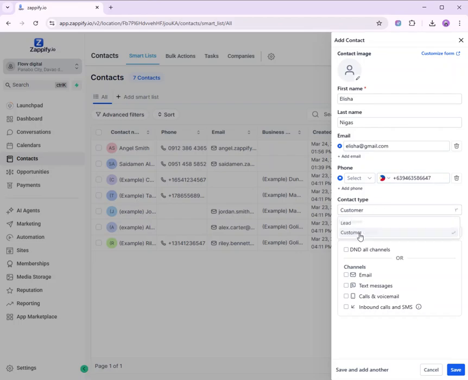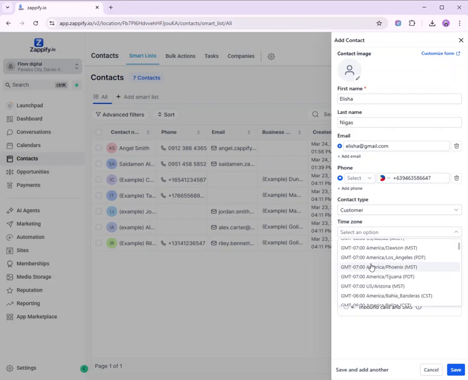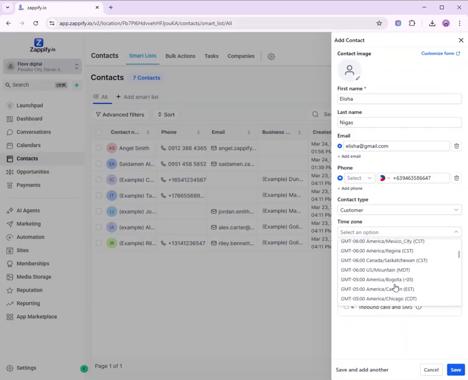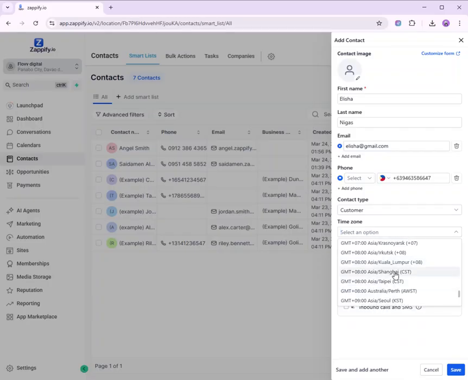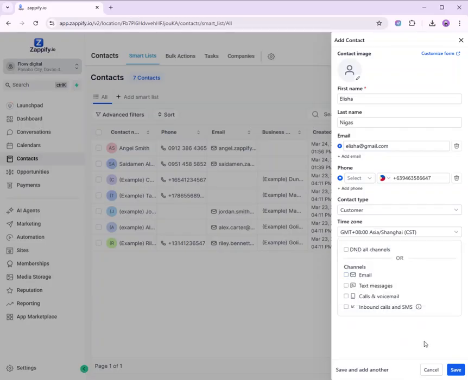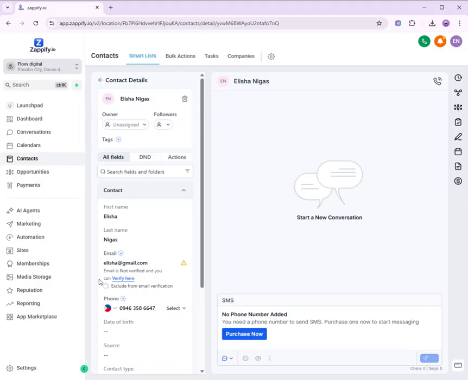So let's say, for example, customer. Choose also their time zone. So next is click save.